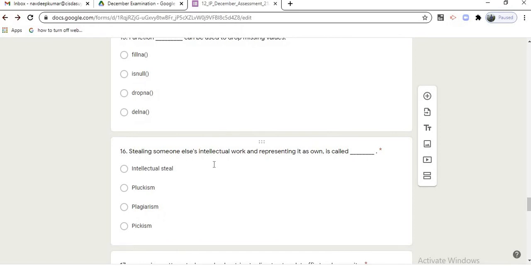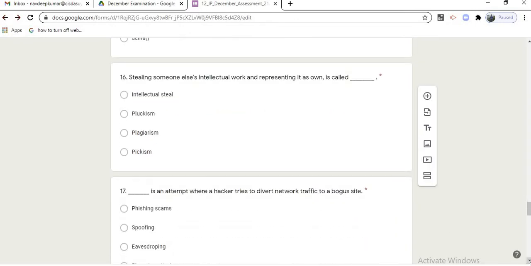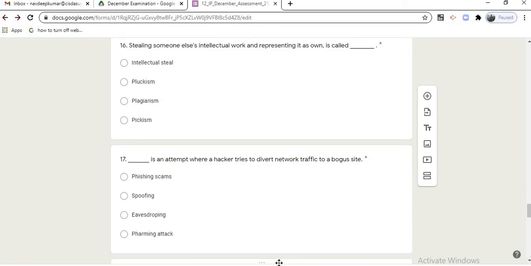Stealing someone else's intellectual work and representing it as one's own is called plagiarism. So plagiarism is the way that we sometimes intentionally or unintentionally make use of others' work as our own work. And in the 17th question, the attempt where a hacker tries to divert the network traffic to a bogus site is called a pharming attack.